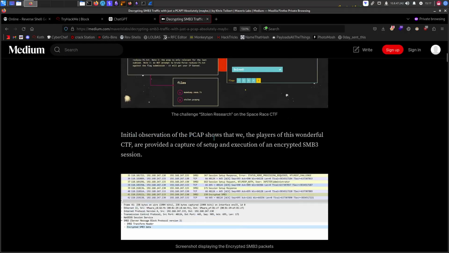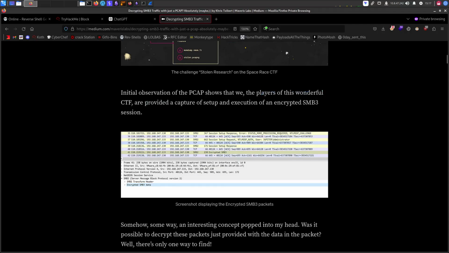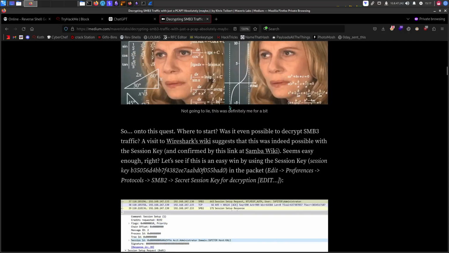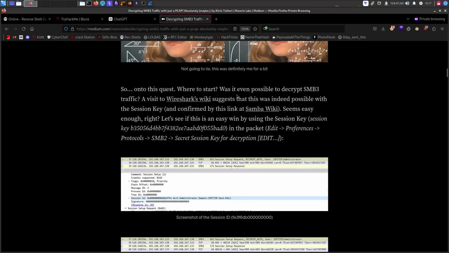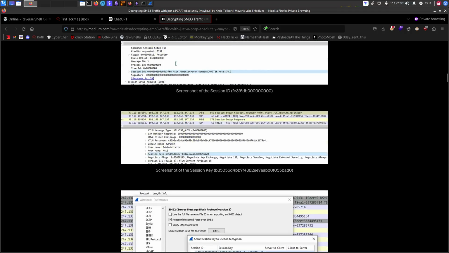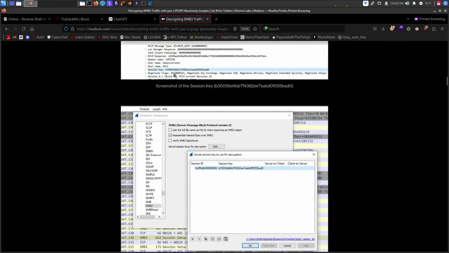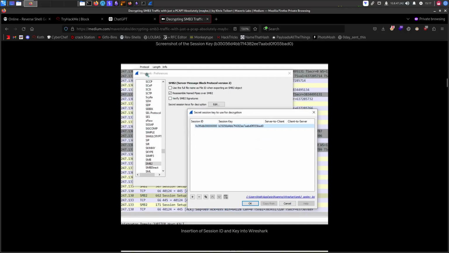So initial observation of the pcap shows that the players of this wonderful CTF are provided with the capture of setup and execution of an encrypted SMB3 session. And so onto this quest, where to start? Was it even possible to decrypt SMB3 traffic? Wireshark key suggests that it was indeed possible with the session key and the session ID. Okay, so we can find the session ID in the packet information and even the session key. And when you go to the preferences and SMB2 traffic, you can edit it here and specify them here, but